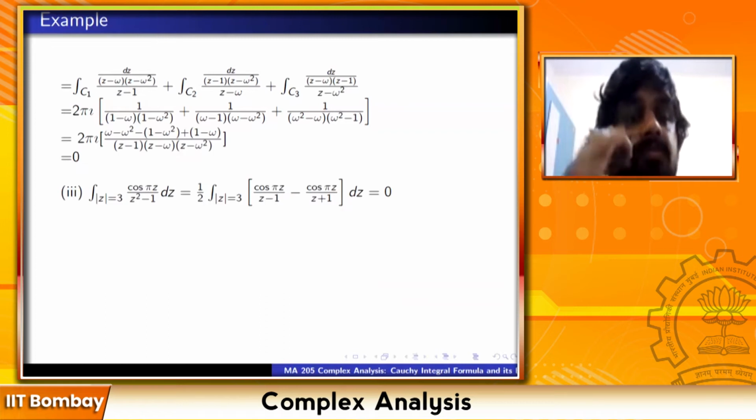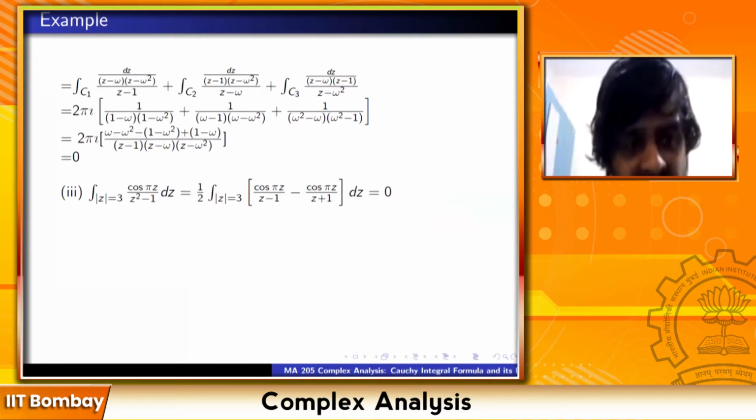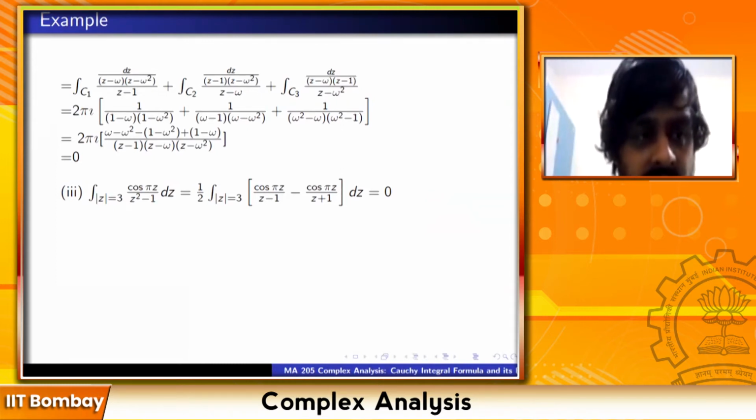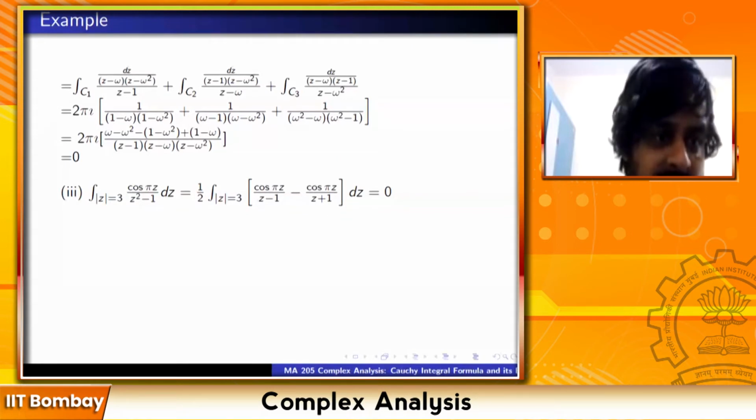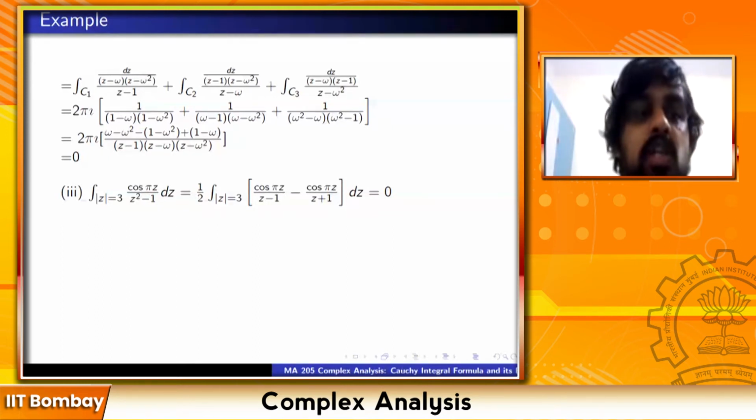So it's a one-way implication. Any doubts? Yes, I see. Please go ahead. In the second last line of the solution of the second exercise, there is a typo. The denominator should be changed. I will make that correction. From the third last step to the second last step, I've just made common denominator, but somewhere in the copy pasting, I made a mistake. It's not (z minus 1)(z minus w)(z minus w square). It is (1 minus w)(1 minus w square)(w minus w square). Just making common denominator from the third last step to the second last step, and then the numerator cancels and you will get 0.